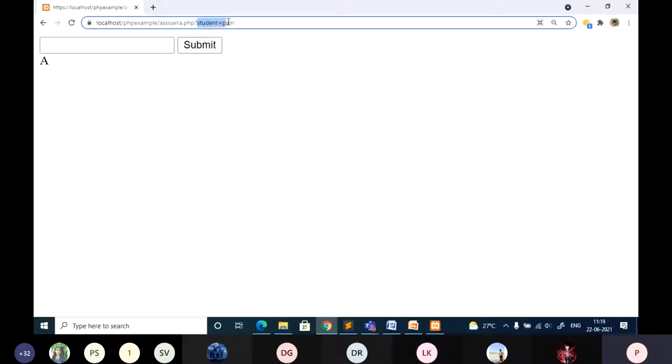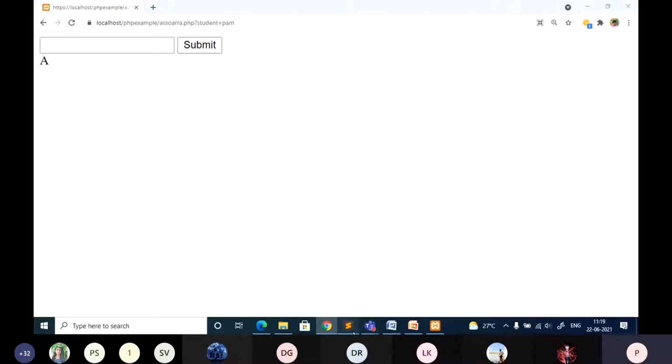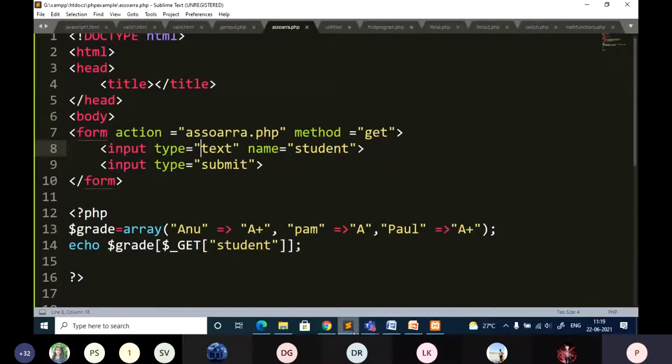Here you can see the values are passed through the URL. You can view the value submitted by the user. So this is more insecure. Even if you use it as a password, there is some confidential information that you cannot display in the URL.